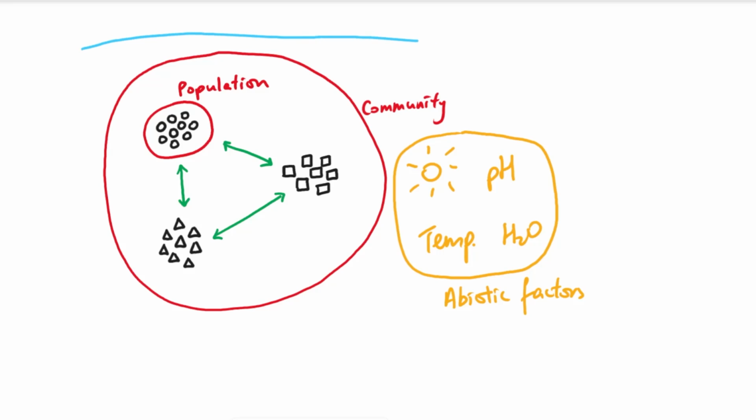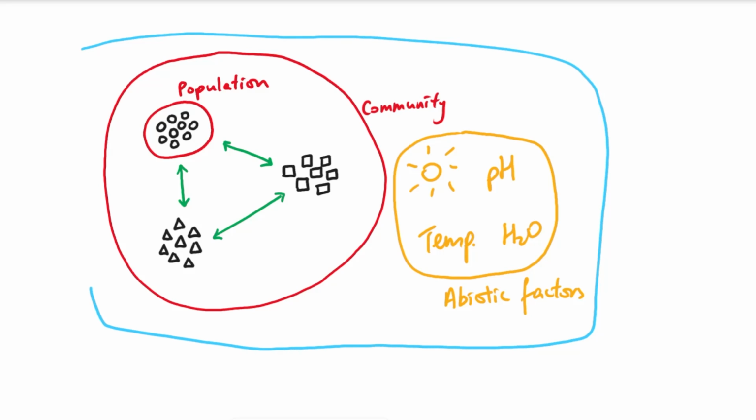So when we consider all of these things, how living things can interact with each other, and especially how the abiotic factors might interact with the living factors, the biotic factors, or the organisms, this whole concept is now called an ecosystem. So by definition, ecosystem means the interactions of the living organisms with their environment, which includes the abiotic factors or their habitat. So it's important that in the exams you're able to actually define what these keywords might